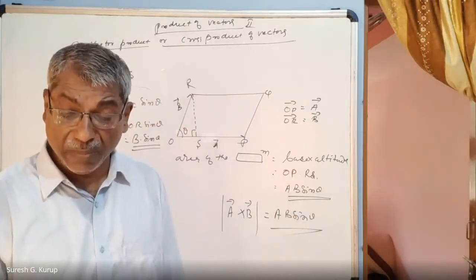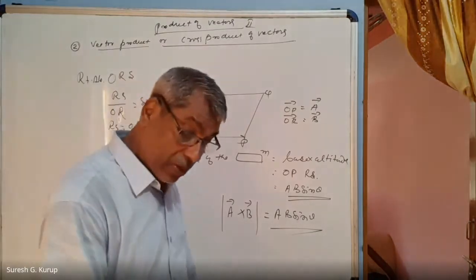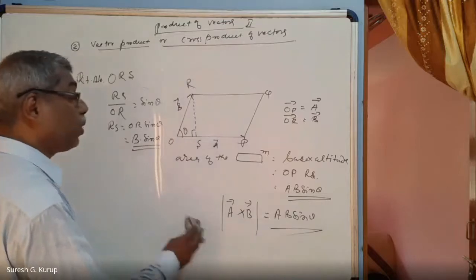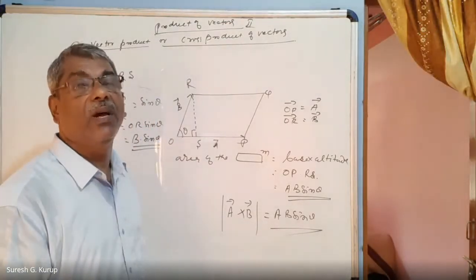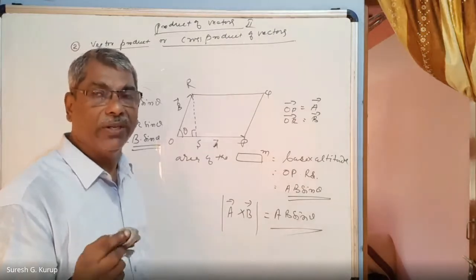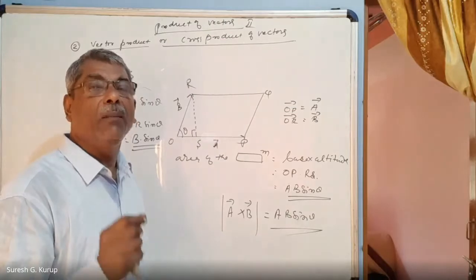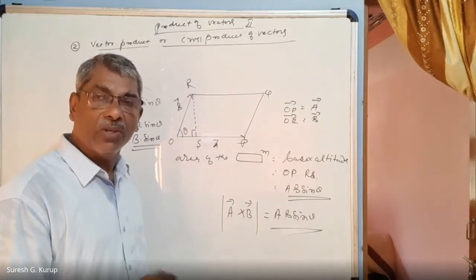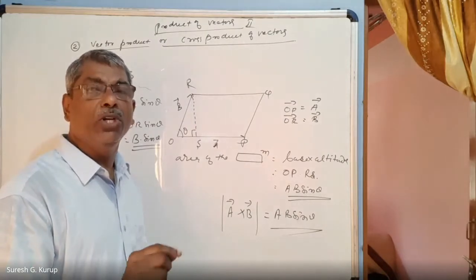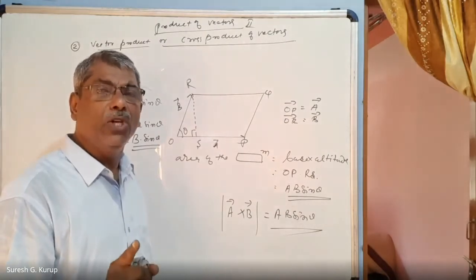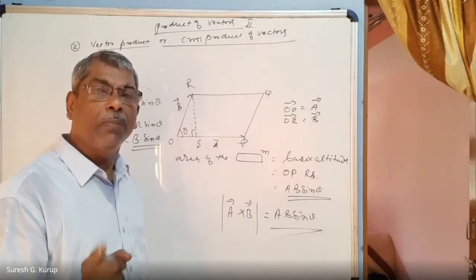So this is a very important thing, right? This is about cross product. What you have learned today is the cross product. The cross product is the product of two vectors, and the product itself is also a vector quantity. Cross product of two vectors A and B is equal to the magnitude of the first vector into the magnitude of the second vector into the sine of the angle between them into the unit vector. The unit vector shows only the direction, that is, the direction of the product vector.